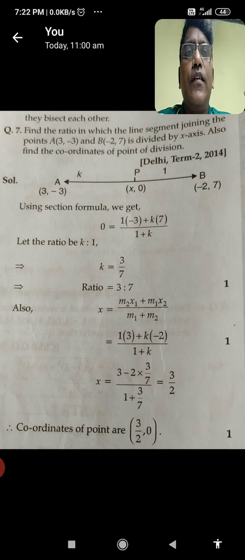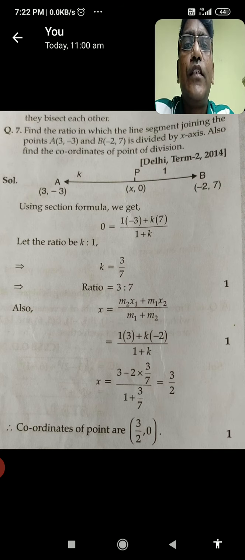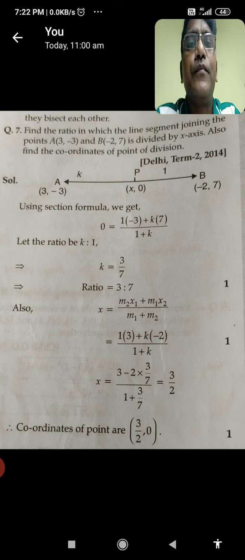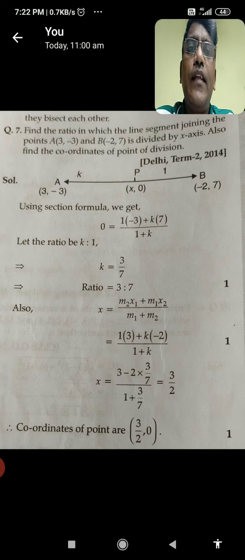You will understand it clearly, because I have given the derivation of the section formula in the chapter exercise videos. So first go back to that and revise the section formula. Then I will explain here also. From these, I will explain again a minimum of 3-4 sums which are asked frequently in the exam. Very important question, so I am going to read this question.